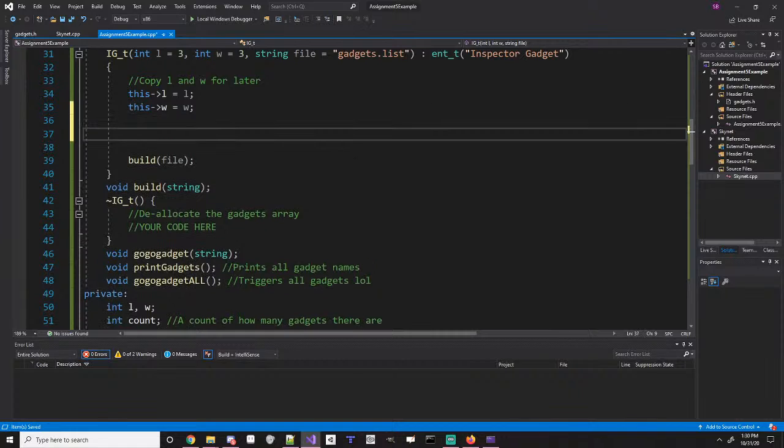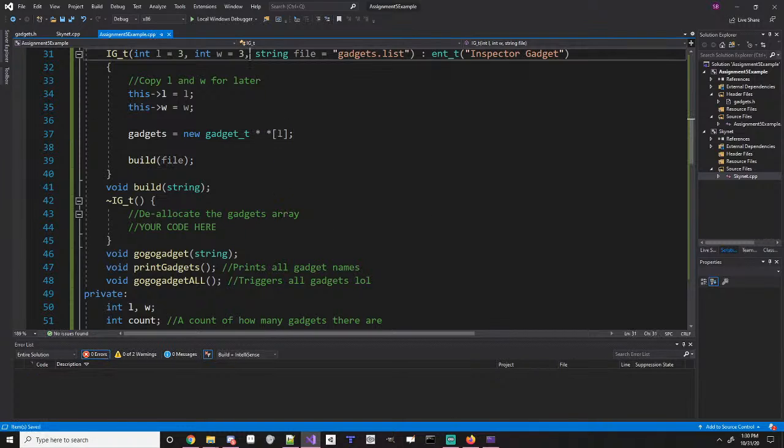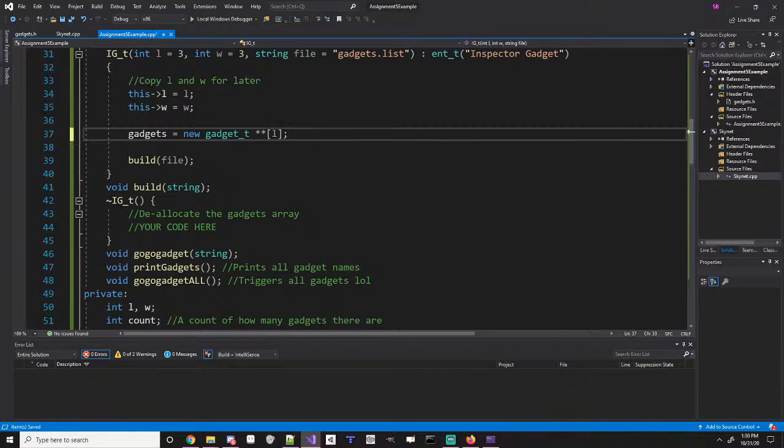We should actually maybe allocate the array. So first things first, I need to allocate all the rows. So gadgets equals new gadget T pointer pointer, and then we'll base that off the length. And again, these are symmetrical. I got a lot of questions about it. So you could have interchanged which one you did first. You could have done W first and L first, and it would have worked, but it's